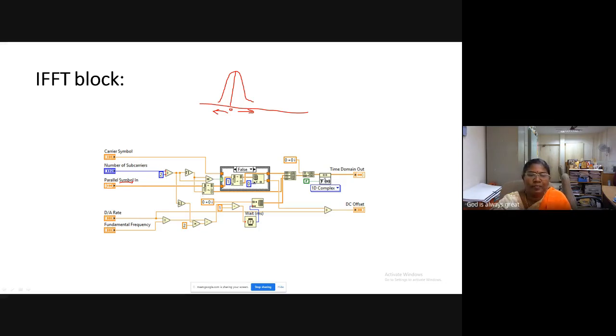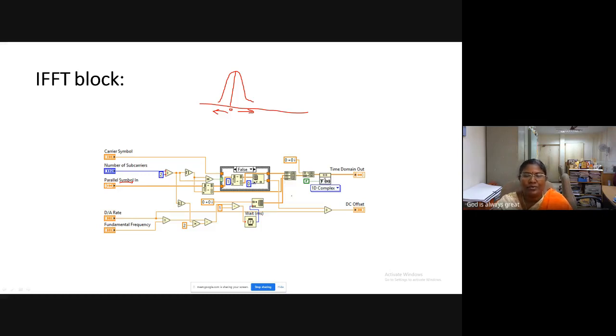So this parallel symbol in is being fed into this array. This is a split array which will, as you receive the symbols, split them up into two arrays, that which is required and that which is not. Data will be added onto the subcarrier and placed here, and if it is an even number of subcarriers, the data will be moved from this point to this point.